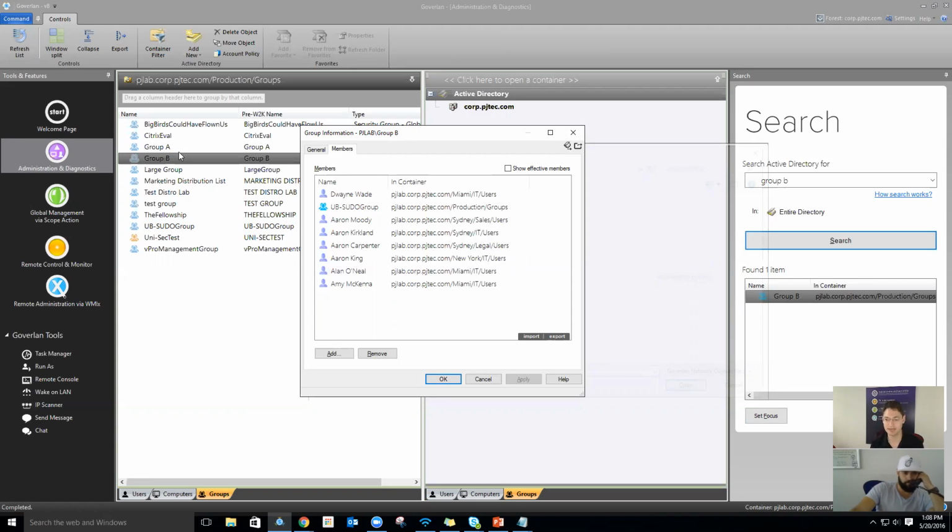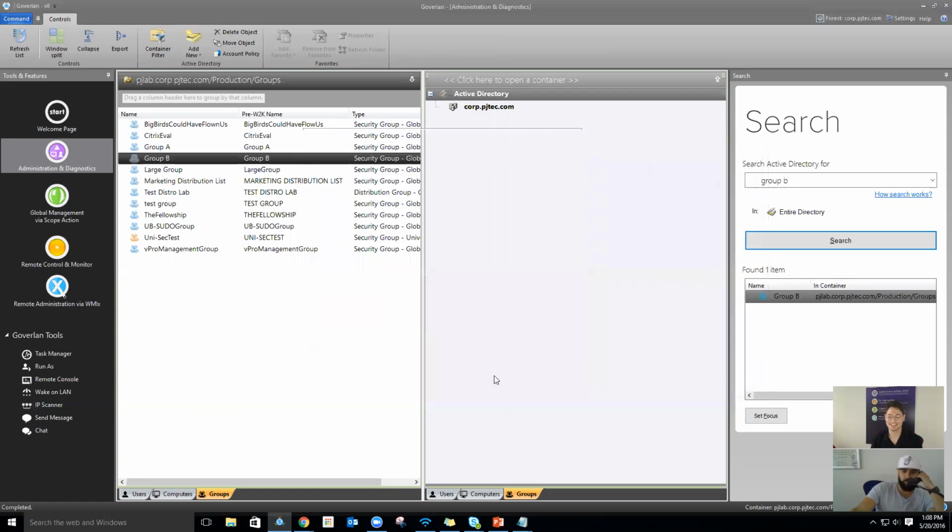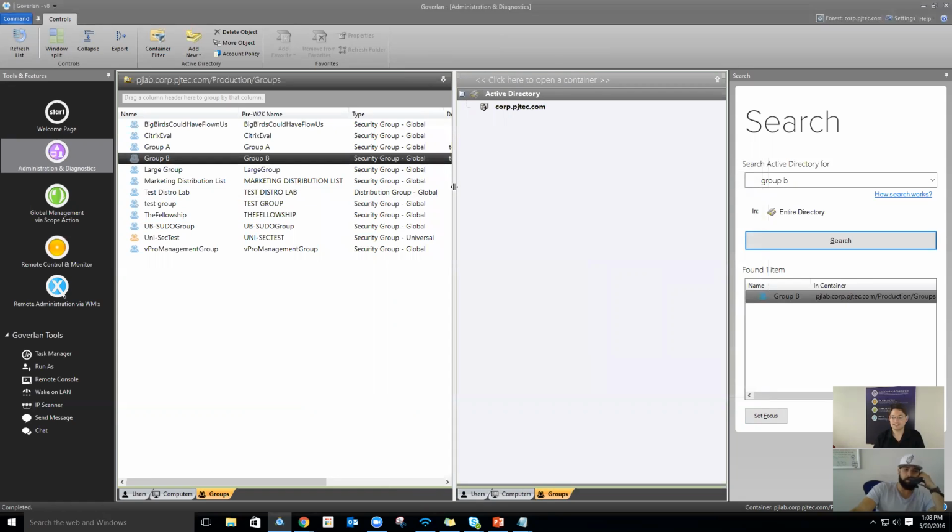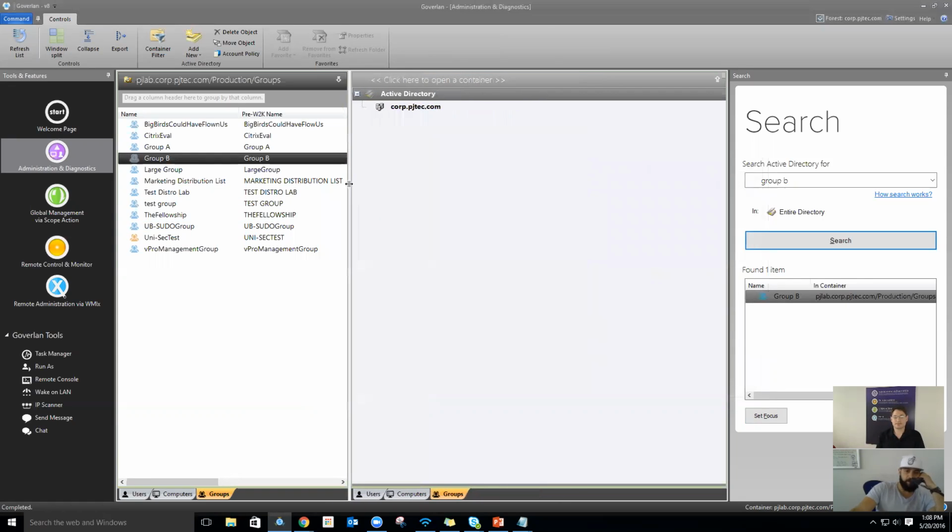We'll do single object creation, but I thought we had something kind of nifty that we talked about before. You want to address that? Well, not generally. When it comes to the scope of creating a bulk of users and a bulk of machines, that is right now a little bit out of Goverlan's functionality, because it's more to manage